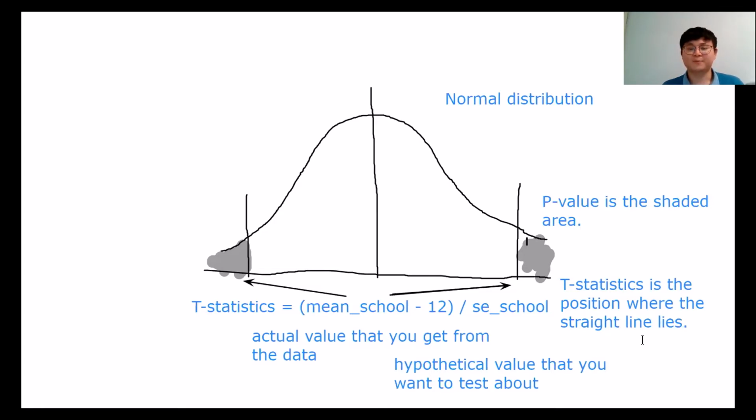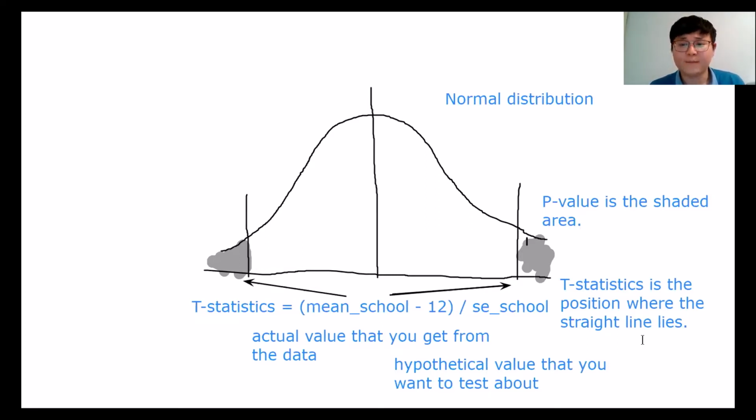So basically it means unlikely, but it does not mean that this hypothesis is definitely false. So actually the p-value and t-statistics only tell you what is more likely and what is not that likely, but they don't say whether the hypothesis, even the null hypothesis, is true or false, because even